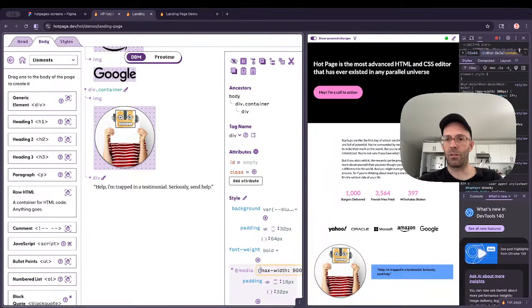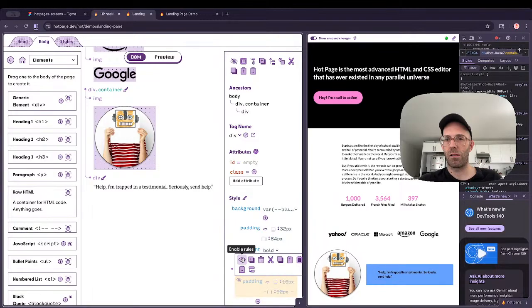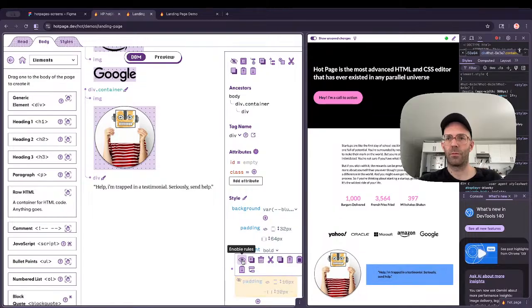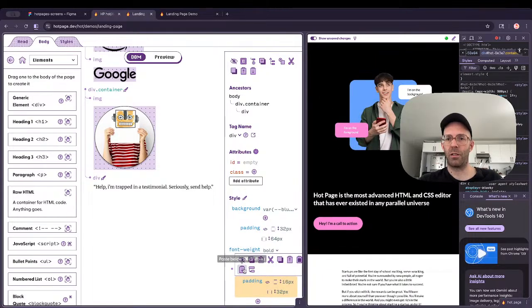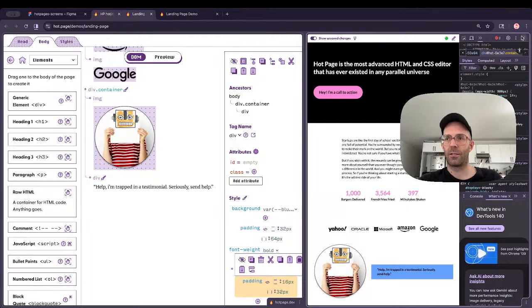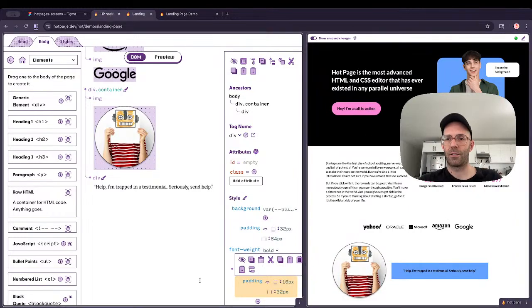Max width 900. What is that? Oh, well, see, that's changing the padding at the top here. Something is weird. Cannot explain that. Okay. Alright, well,